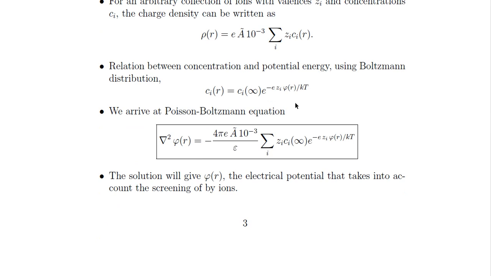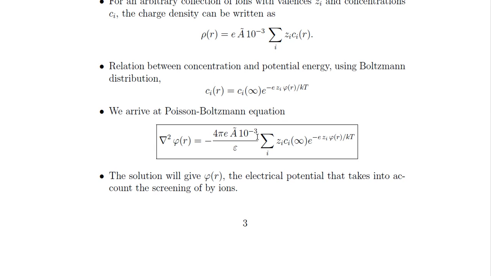Okay, so we have this: delta squared phi equals minus 4 pi e over epsilon, sum of Zi Ci infinity exponential minus this energy. So if we solve this equation,